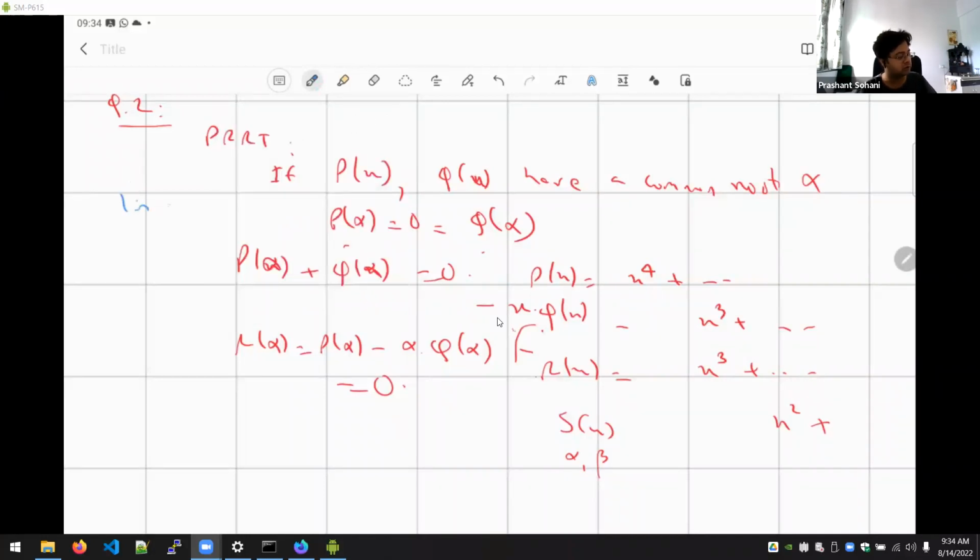So the main idea here was the linear combination of the various polynomials, and how two polynomials can be added and subtracted, and the relation of the roots with that. So how roots are related to polynomial arithmetic.